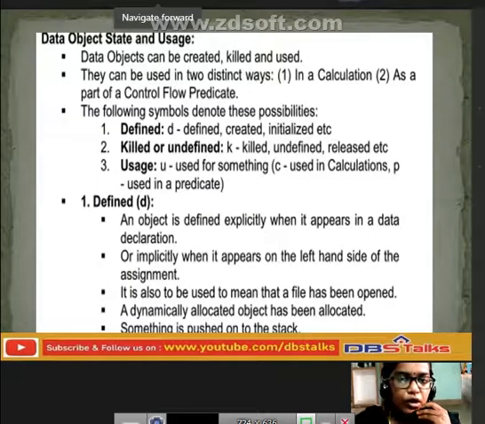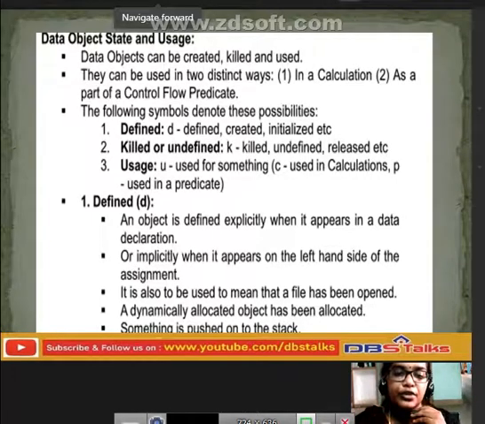See, the following are the symbols used to denote these possibilities. See, if we are having some possibility, then the following is a symbol for that. First one is, if it is defined, we are going to use the symbol D. And we can say if the data object is defined or created or initialized.